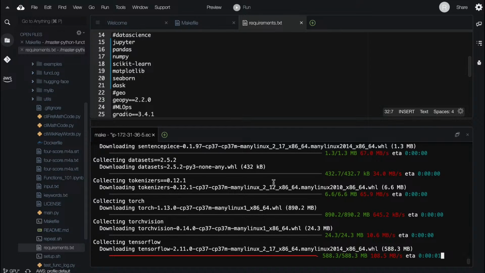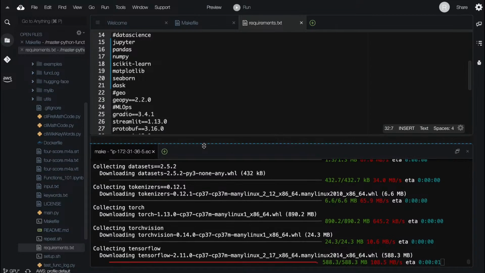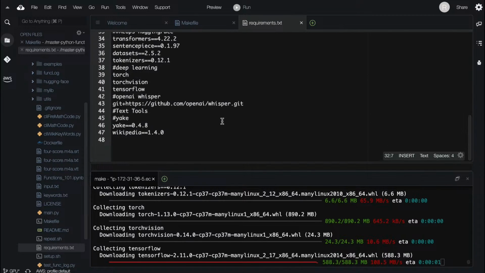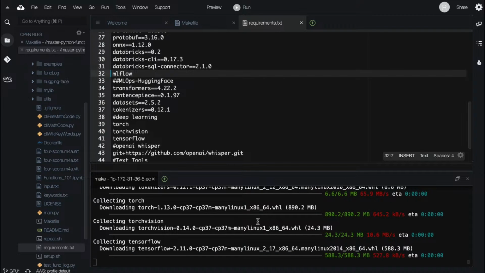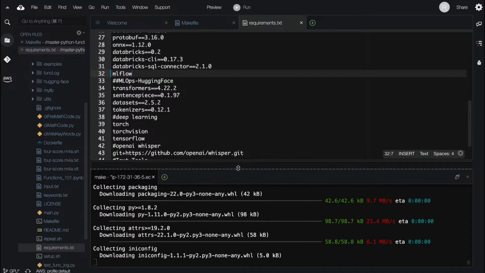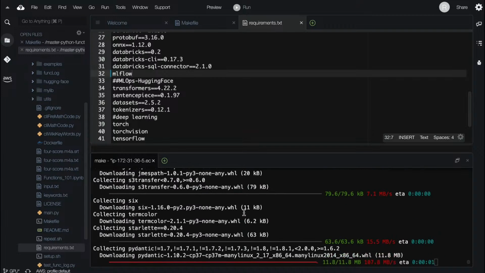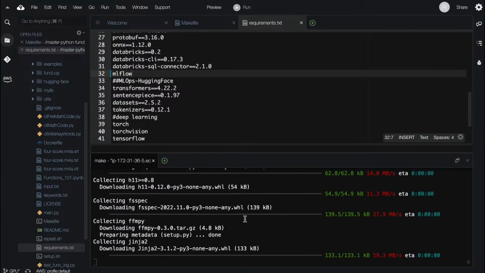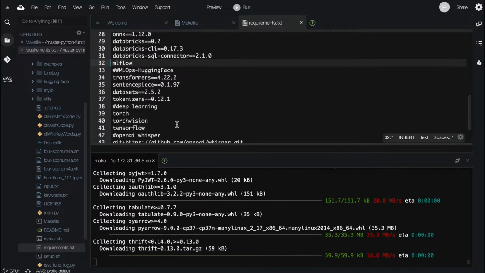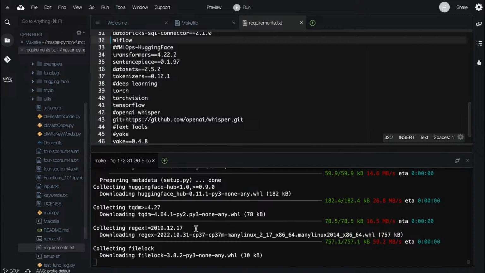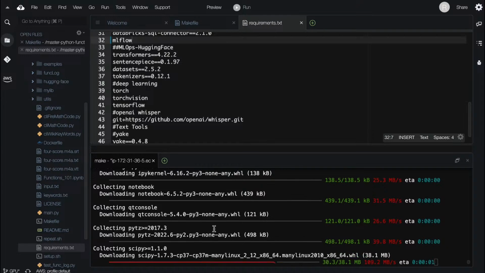What this could also highlight is that it may be a good idea to remove some of these dependencies because I'm not really using them for now. And so that's what I probably will do if there continue to be issues. I mean, we're installing a lot of things that I haven't yet used, but let's see if this finishes here.